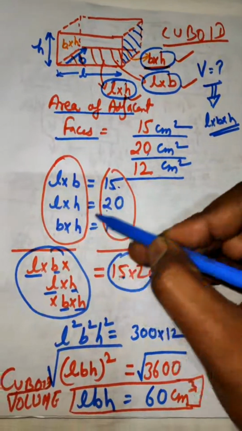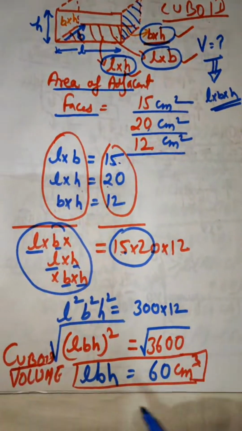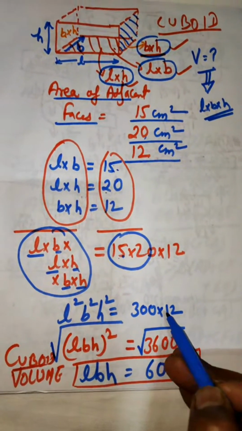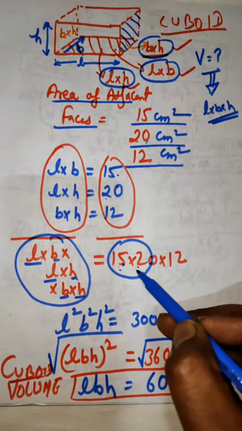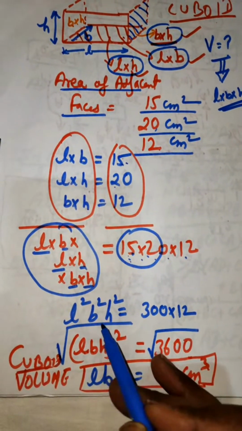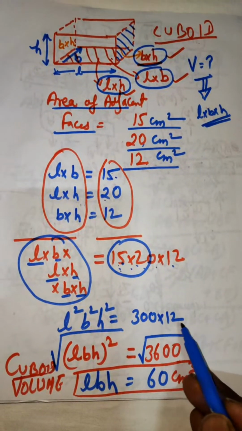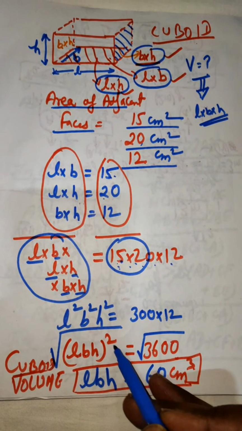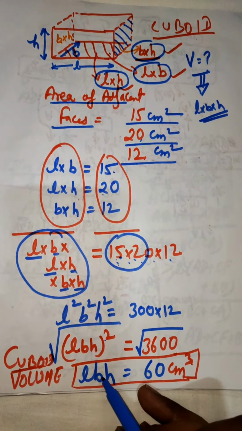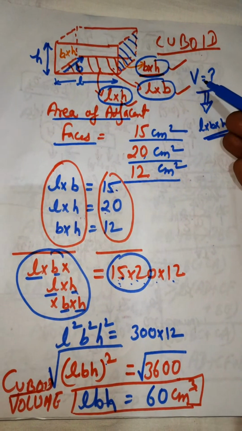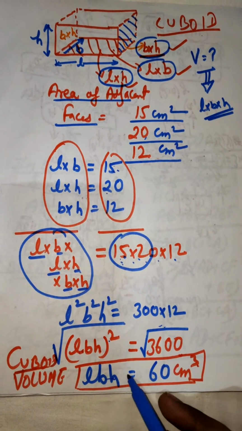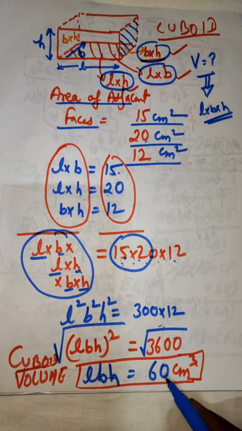And just multiply the LHS and RHS to get L square, B square, H square equal to 300 into 12. Why 300 into 12? Because all these figures on the RHS will be multiplied. Now we have L square, B square, H square equal to 300 into 12. That means LBH whole square comes to 3600. Now we know that LBH is the volume of the given cuboid or any cuboid, and we have taken the square root of both sides of the equation to get LBH as 60 centimeter cube, right? So this is the volume of the